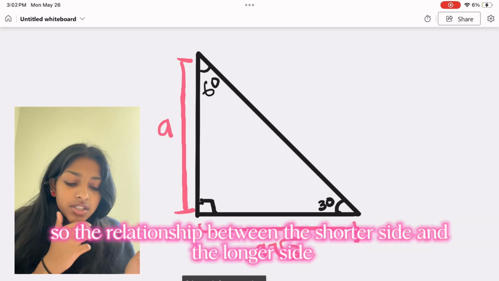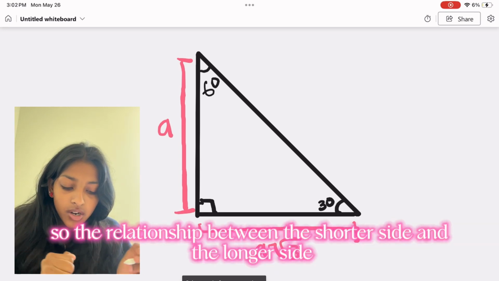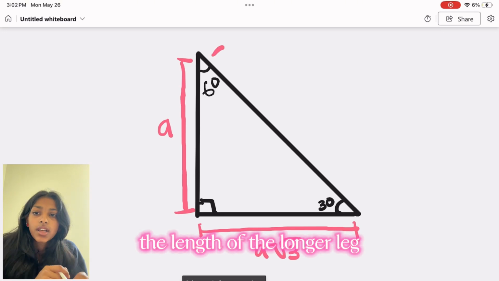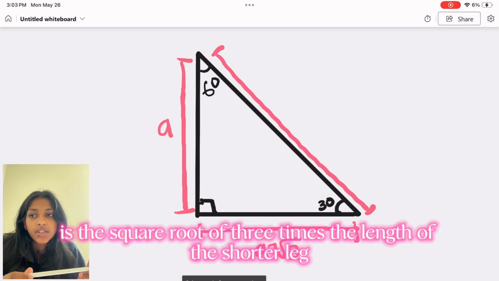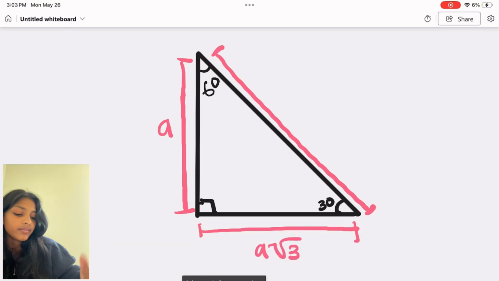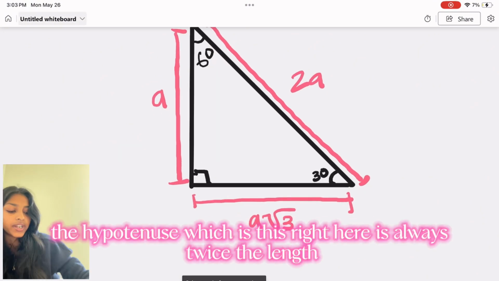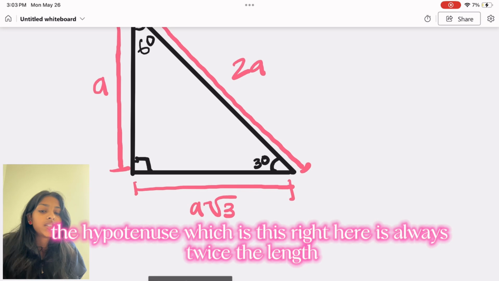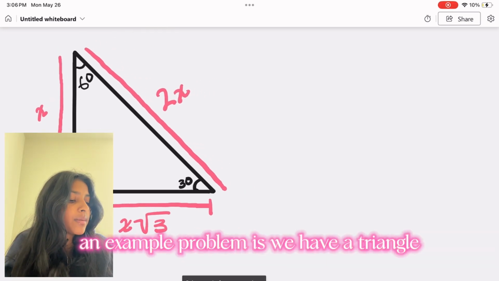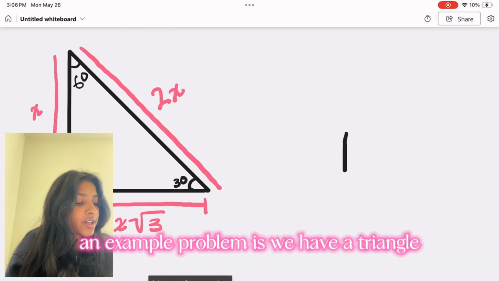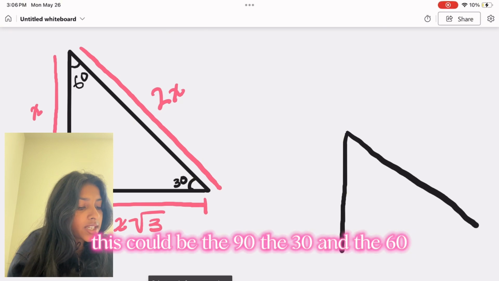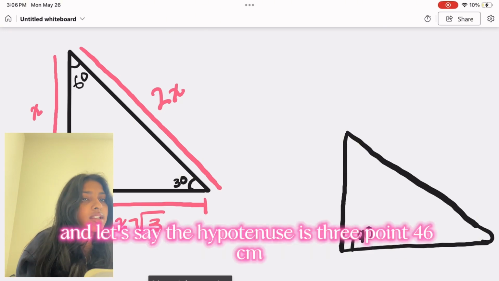So the relationship between the shorter side and the longer side is that the length of the longer leg is the square root of 3 times the length of the shorter leg. And lastly, the hypotenuse, which is this right here, is always twice the length of the shorter leg. An example problem is we have a triangle. This could be the 90, the 30, and the 60. And let's say the hypotenuse is